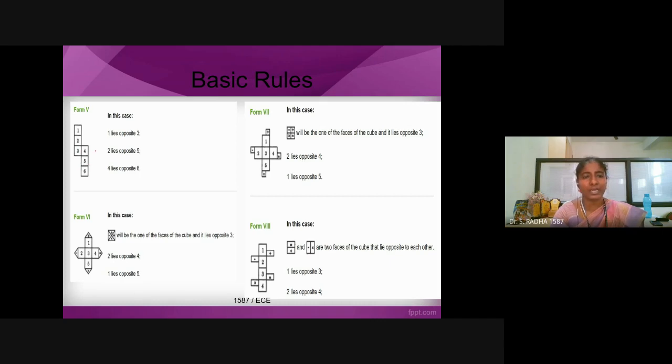What I have done, 4 as the base, lift 3 and 5, they will become the faces. 4 is the bottom, 3 and 5 are the faces of the cube. You twist 2 and 1, they become faces. So 2 will be opposite to 5, and 1 will be opposite to 3. And after lifting 5, you will be having 6 hanging. You cover it as the top. So 6 will become the top, 4 is the bottom. So 4 and 6 are opposite. So like that you can try with the other 3 forms also.